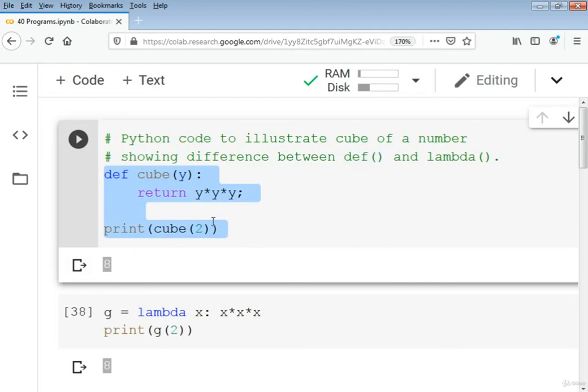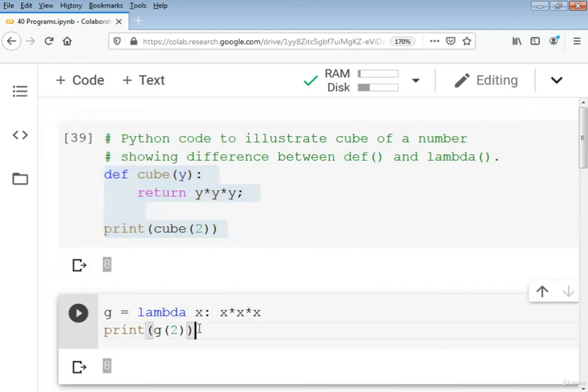Here you also see that we include 3 lines of code in this program when defining a function, while in the case of the lambda anonymous function, we are using just 2 simple lines, and we are going to calculate the output. So it's quite an easy function, and we can also use other built-in library functions along with these lambda functions, such as filter, reduce, map, etc.